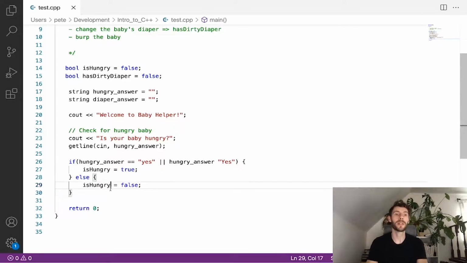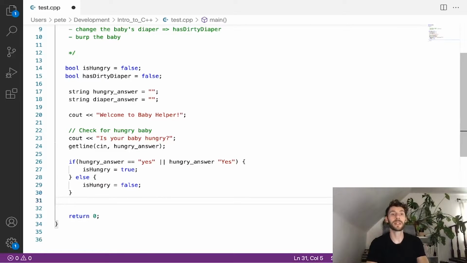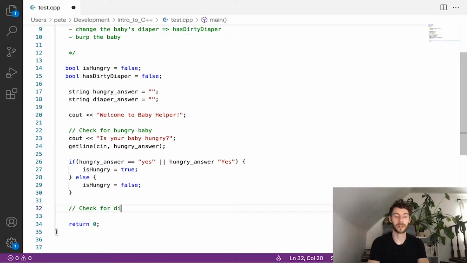Okay, so this handles the setting of our is hungry variable. We're going to take an input from the user. We're going to read that input in our if statement logic here, and we're going to set is hungry to true. Okay, so this will handle if the baby is hungry or not. Now we need to do this same thing for a dirty diaper. Okay. So we're going to cout,